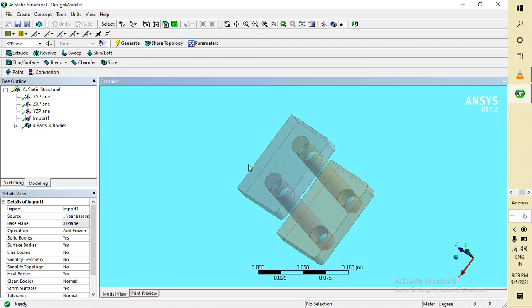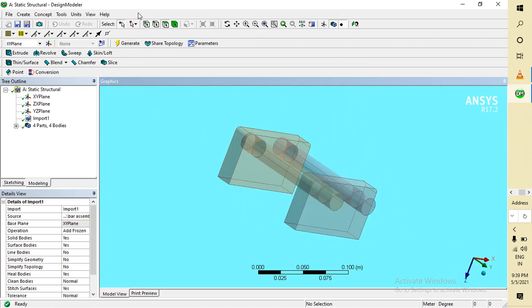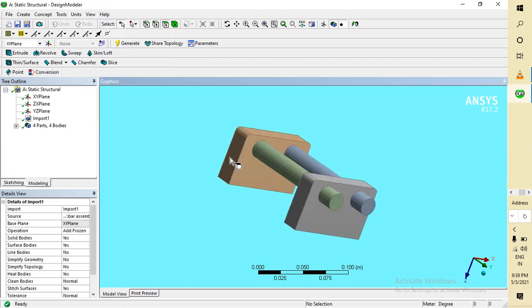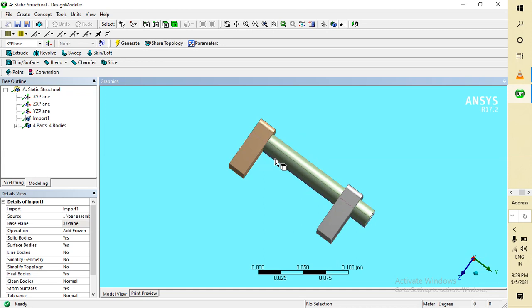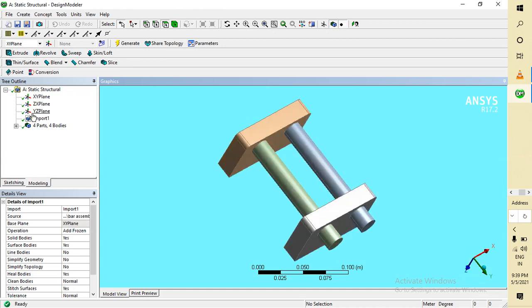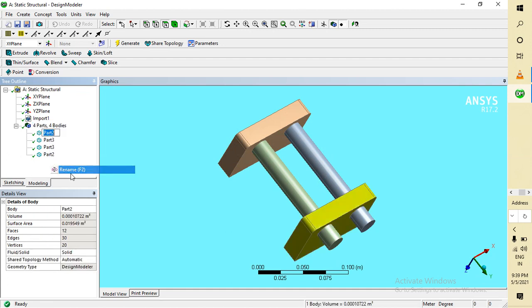So now this is my two bar assembly. Here you can see, without frozen. Okay, now this is my block 1, block 2, bar 1, bar 2. So here are 3 parts, 4 parts. I am giving the names. This one is block 1. Block 1.